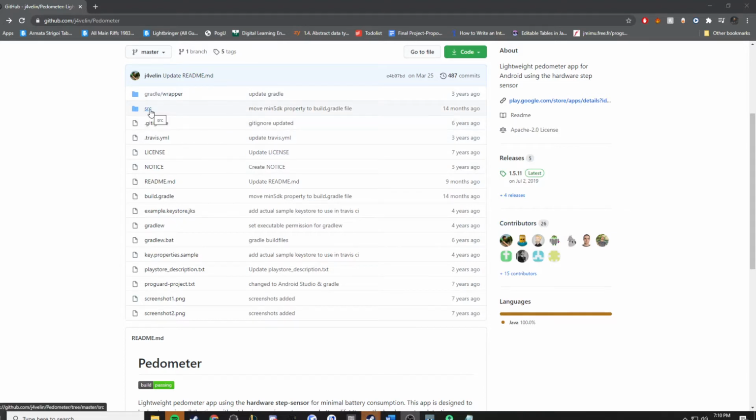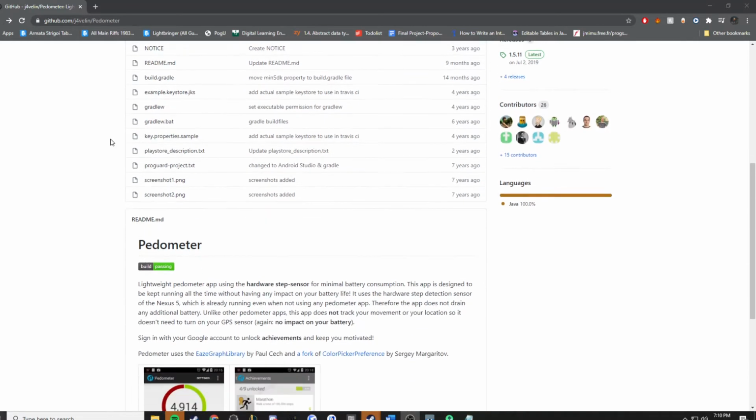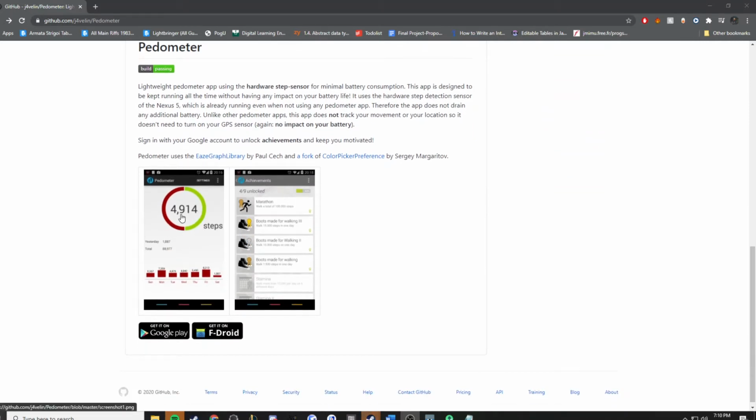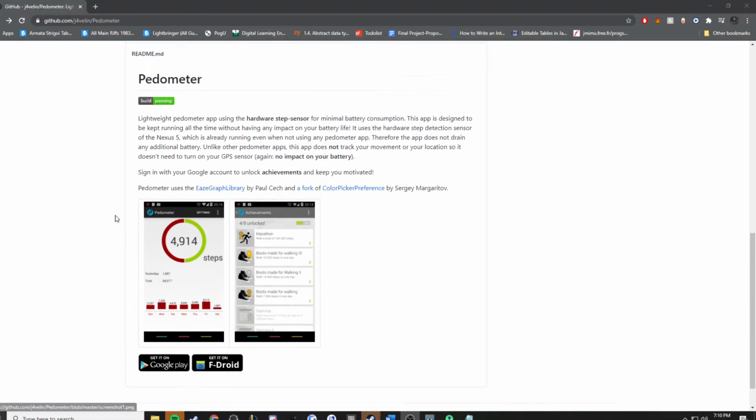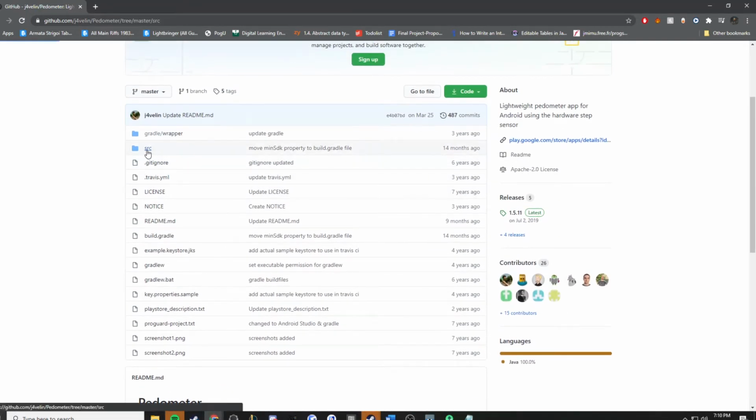You can see here there's 26 people contributing. And if we take a look at his implementation, he has some screenshots here, and he also uses another library for these visuals that I also used for my project. And taking a look at his actual code,